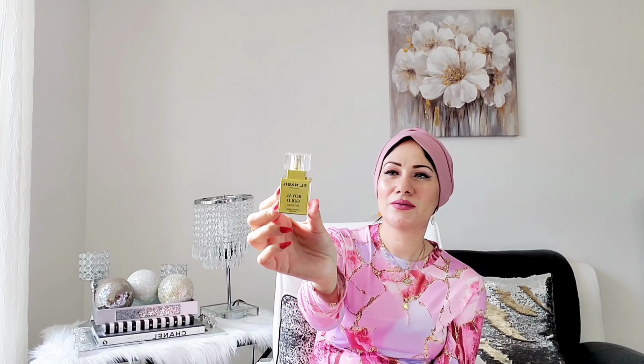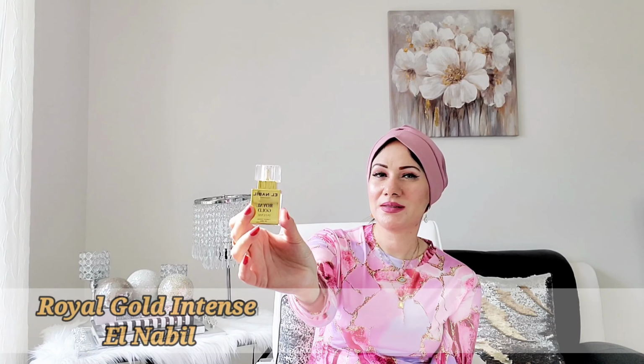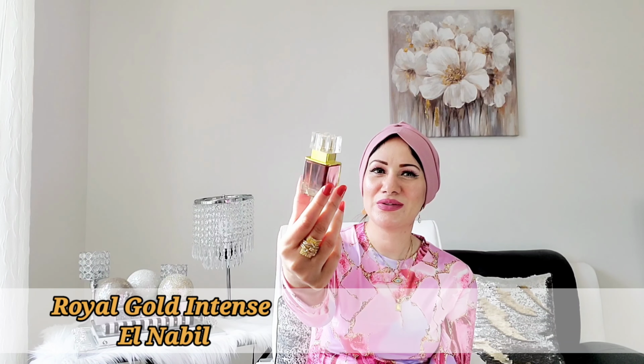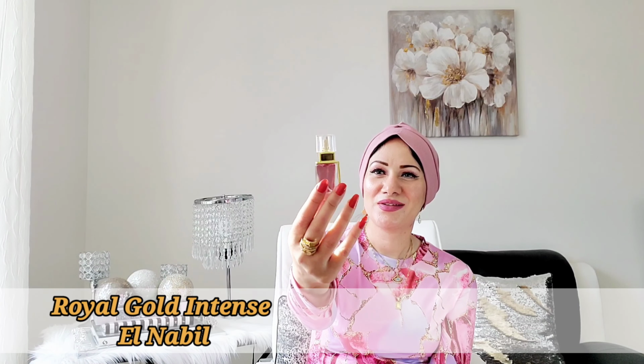And this beautiful small bottle is just a 15 ml bottle. It's called Royal Gold Intense, and as you can see, the juice color looks very dark, which gives you a hint about the fragrance. And you guys, I need to tell you that if you're a big fan of Kayali Vanilla, you need to check this one out as soon as possible, because this is a beast mode